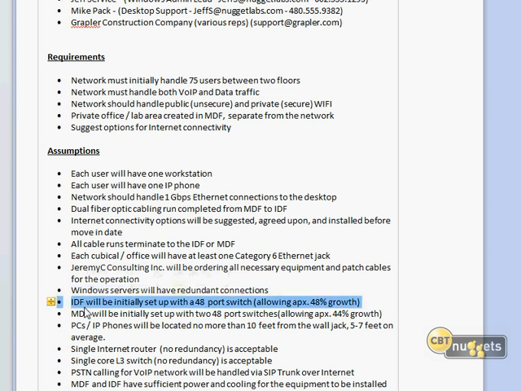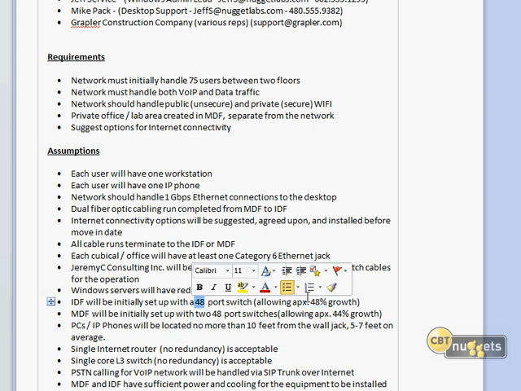IDF will initially be set up with a 48 port switch, allowing 48% growth. Again, taking the 25 users and saying, okay, well, that'll eat up 25 of the ports. But when I throw this little percentage out there, think this through with me. You have more users that are going to come there. You don't know whether they're going to end up on the second floor or the third floor. So they said 25 users on the second floor. I'm going to throw out a 48 port switch, which allows 48% growth because there's going to be 25 ports